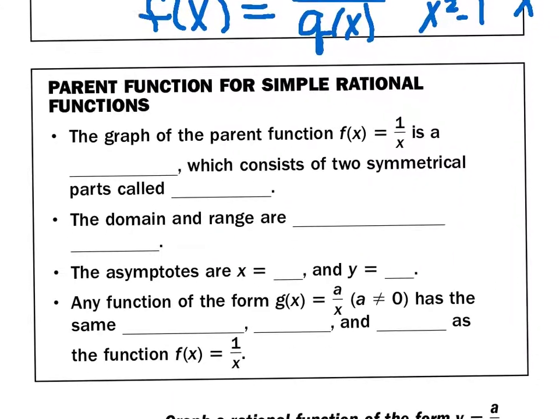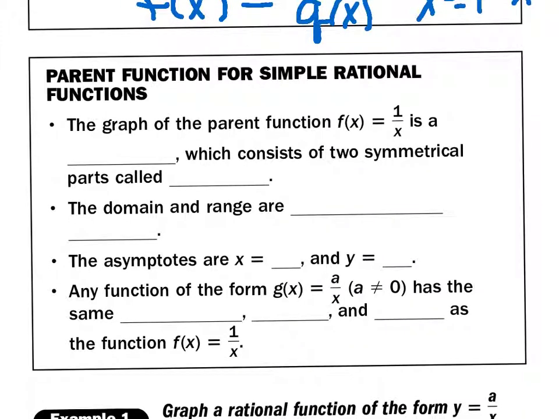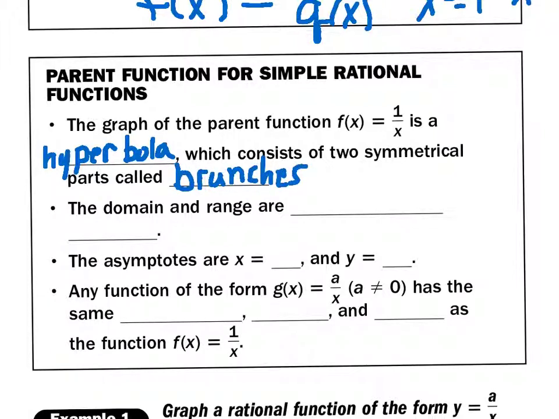Now the parent function for a simple rational equation is what we call a hyperbola, which consists of two symmetrical parts called branches. The domain and range are all real numbers